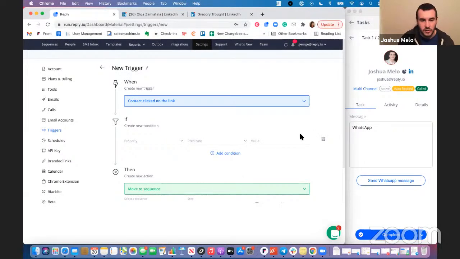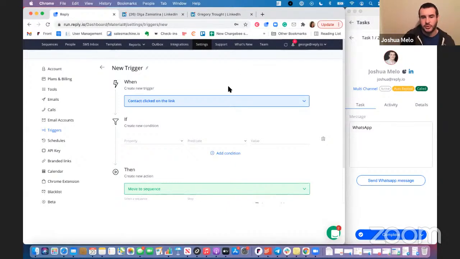Eric Delgadillo says, when you make the outbound call using the extension, does it ring or bridge your phone first before it calls out if you have your cell phone saved in the settings? It will not bridge the call to your actual number. It's going to call from the app, from the rental number. It's just masking that rental number with the number of your choice. So it's not actually going to be coming from your phone or anything. It will be through your computer. Yeah, we did have a feature previously where it did ping the contact number that you had before it issued or connected that call. But with the cloud calling feature that we have now, like Josh said, it just calls directly from the app.